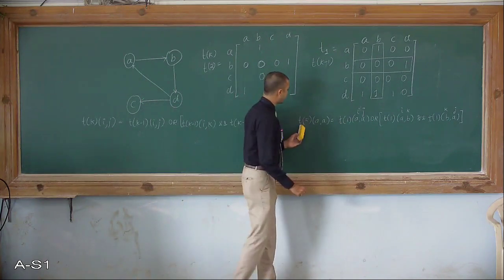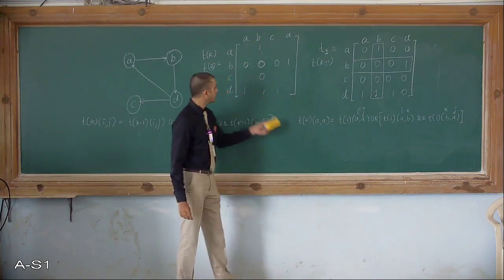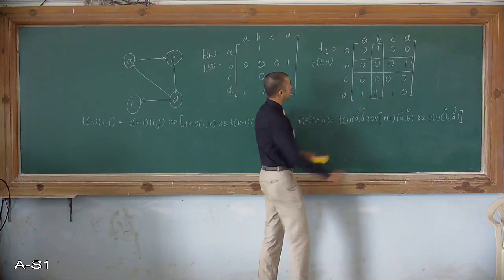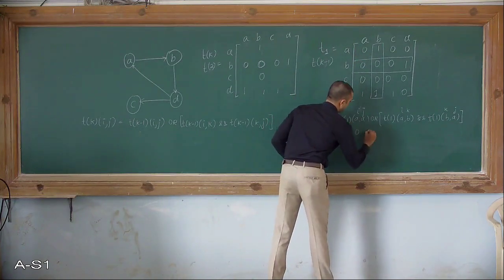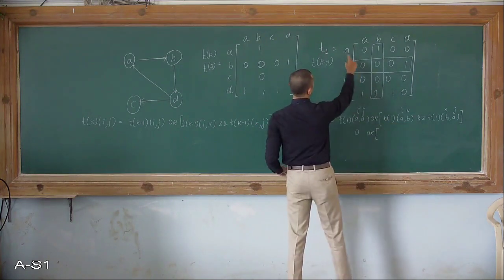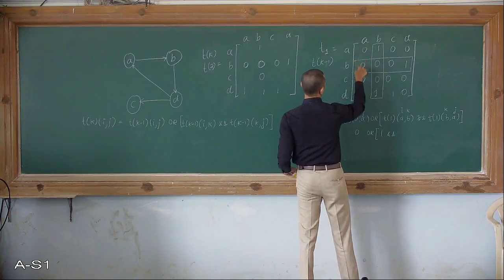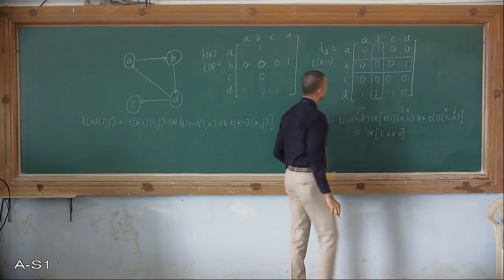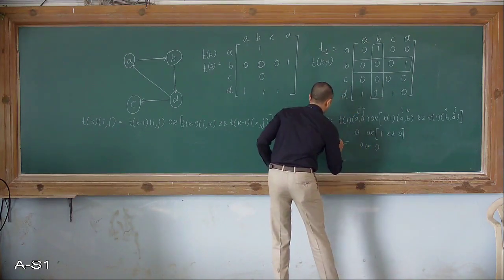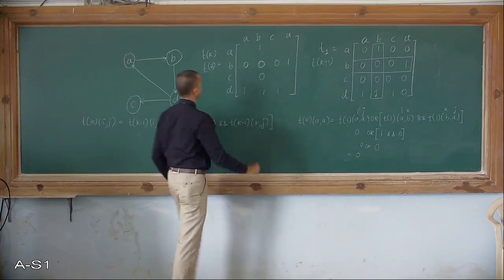So I'll see in T2 A to A what value I'll get. Can I have a transitive closure property in T2 A to A? So for that I'm going to first check T1 A to A. What is A to A in T1? 0. Or T1 A to B. A to B is 1 and B to A. B to A is 0. So 1 and 0 is 0. 0 or 0 is 0. So in T2 A to A, I'm going to write the value 0.